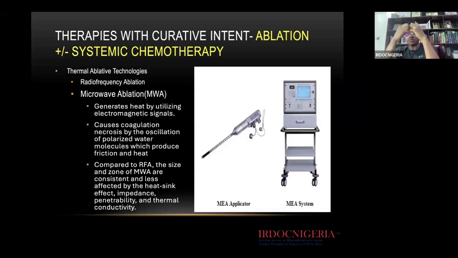And what we found with microwave ablation is that you also have less heat sink effects. Heat sink effect is something that used to affect radiofrequency ablation quite a bit. Basically, if there's blood flow in the region where a tumor is, the temperatures would not get high enough in that area, which means the tumor kill in that area is poor. We don't really see this with microwave ablation because it's much better technology, and we get much better thermal conductivity